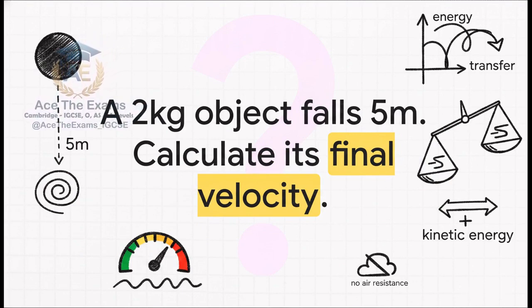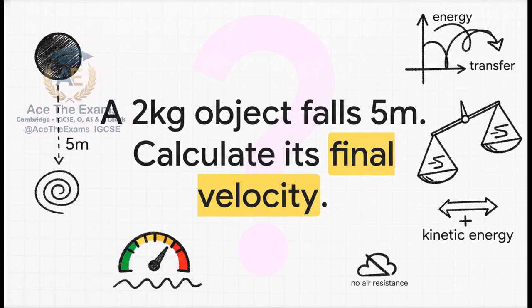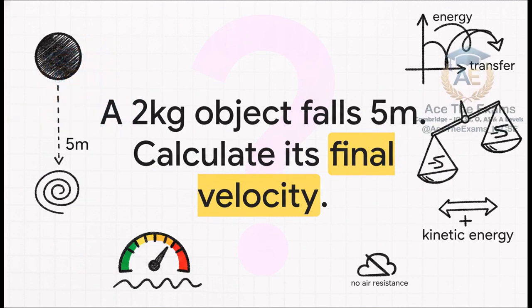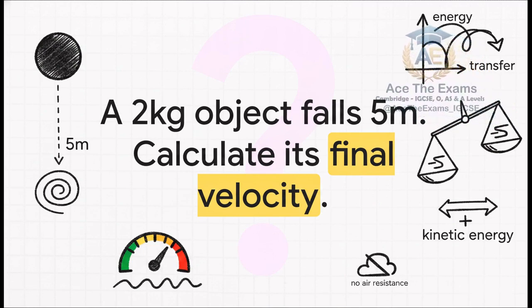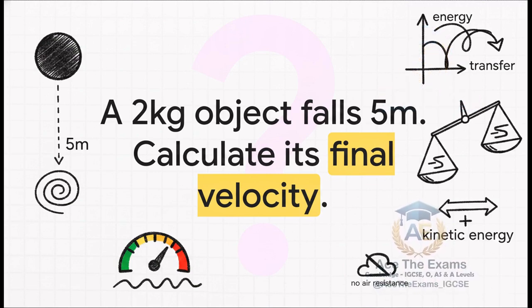You turn the page again, and you're hit with this multi-step beast. A 2-kilogram object falls 5 meters. Calculate its final velocity. Assume no air resistance. Well, there's no initial velocity given, there's no time given. How on earth do you find speed from just mass and height? This is exactly where standard kinematics equations fail you if you aren't paying attention, and where energy transfers completely save